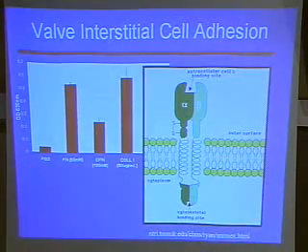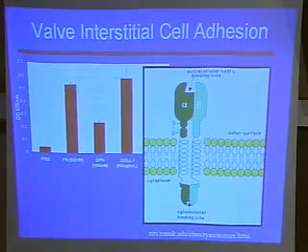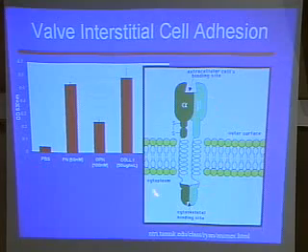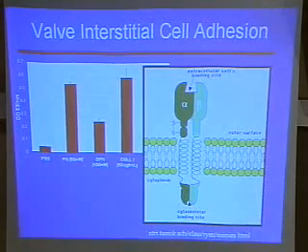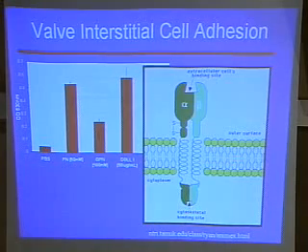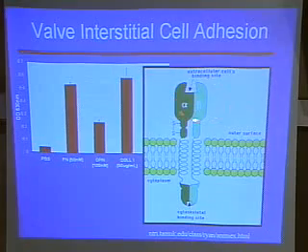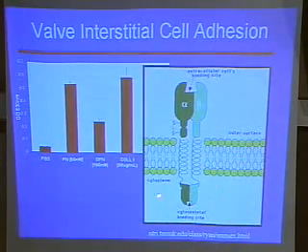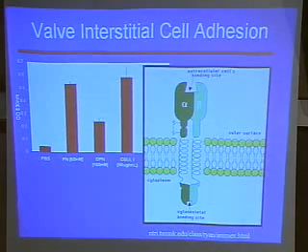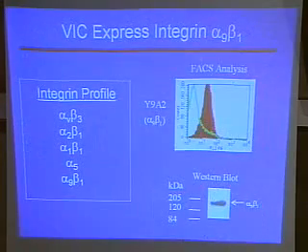However, we wanted to investigate further how exactly these cells are interacting with the protein ligands. And that's when we started to ask ourselves, what is the cell's integrin profile? Integrin is a dimeric transmembrane protein receptor composed of an alpha and a beta subunit, where the extracellular domain binds and interacts with the extracellular matrix, and the cytoplasmic domain interacts with the cytoskeleton of the cell and transduces signals to the cell.